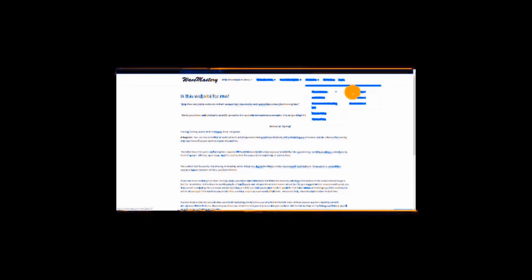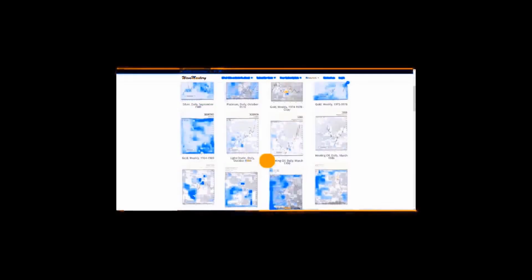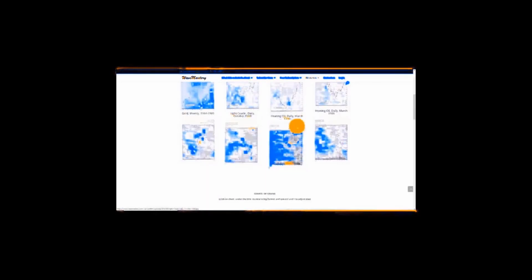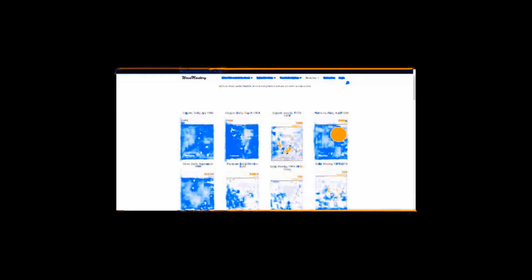Now, I have here resources. There are chart galleries right here. Chart 1, 2, 3. There are plenty of charts here that give you an idea how I go about subdividing various market action here. There I covered a lot of markets, and you can see there is history here that could be very interesting for you to just go through.